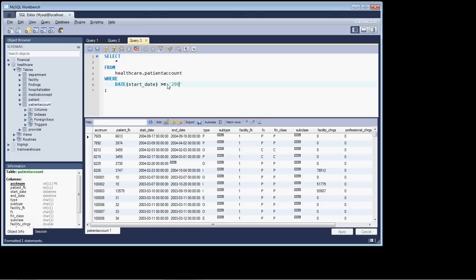Is greater than or equal to 2007 March and March 1st. And since we're doing a range, we'll say and I'm just going to cut and paste this, and say less than or equal to March 31st. And if we run this, this will return all of the rows for the month of March